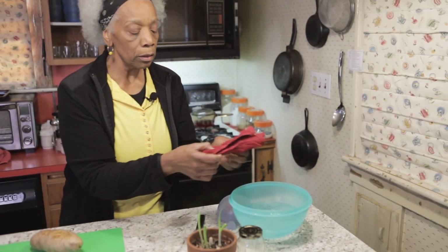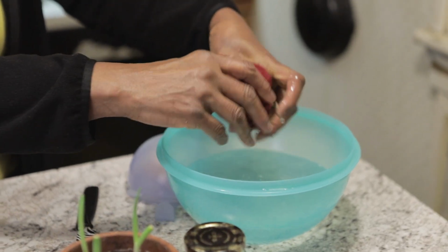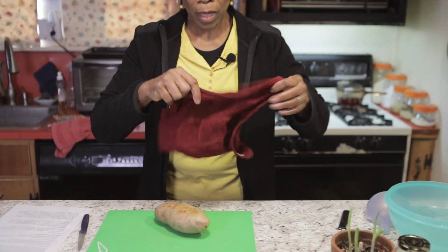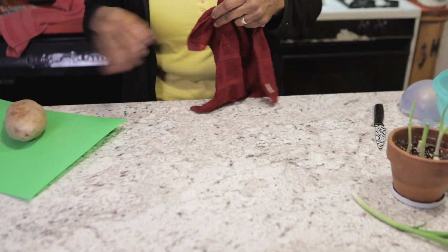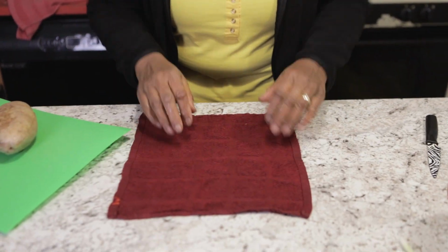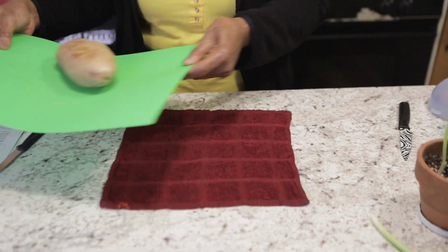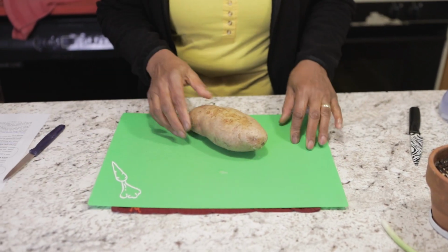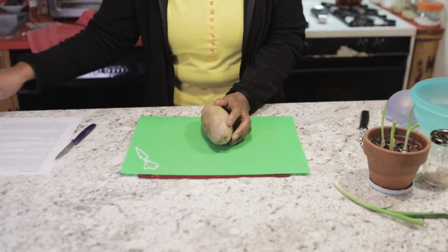I just took one of my dishcloths, squeezed it out a bit, and I keep this one just hanging on a little towel bar in the kitchen with my dish towels. Now you saw how it was moving before. Here we go. And you put this on. Why this works, I have no idea. Maybe it's the suction, the wetness against the...